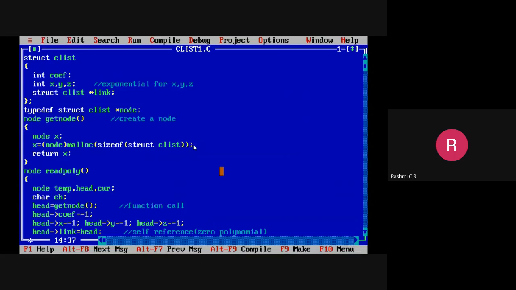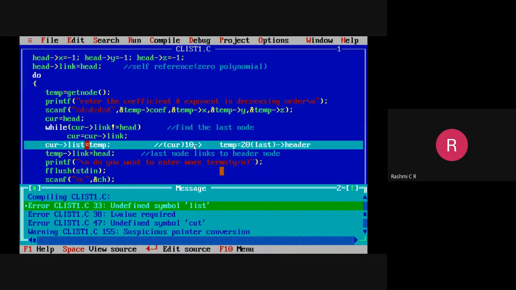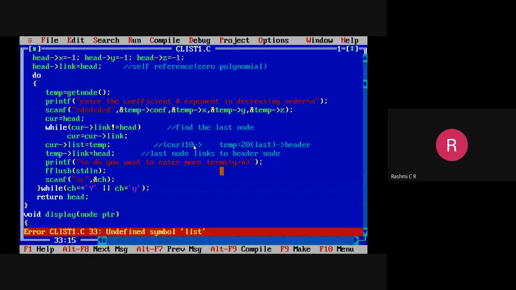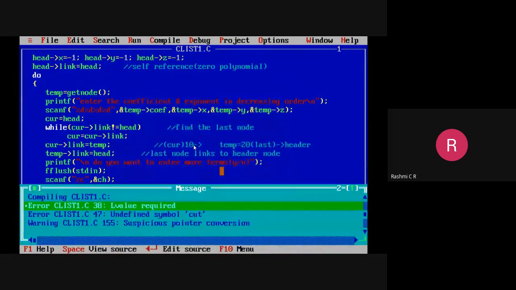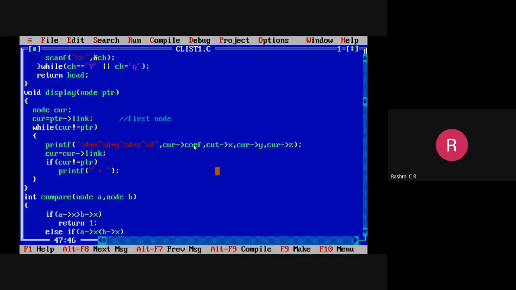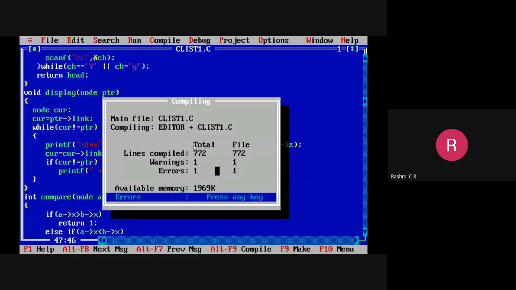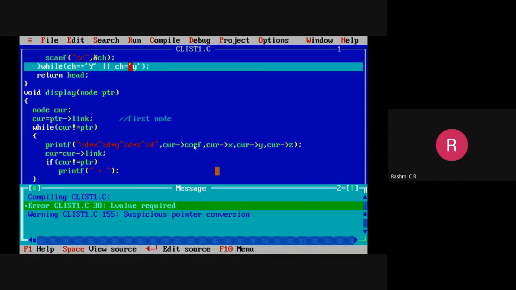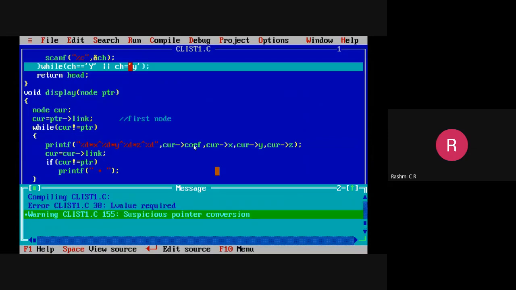X is not required here. Undefined symbol. It is link, not list. It is link. Undefined symbol cut. Current, it is.